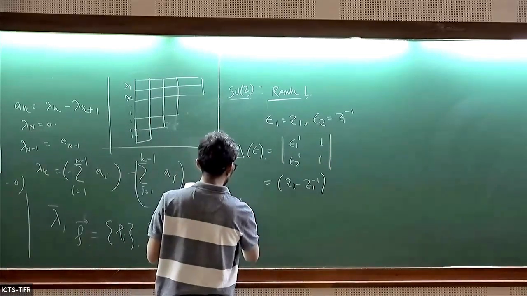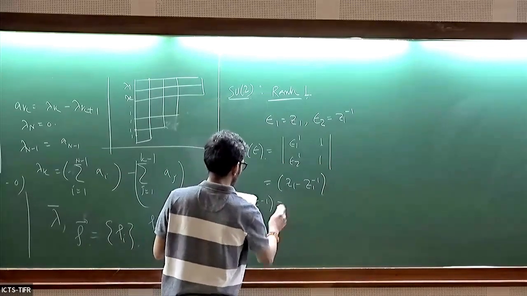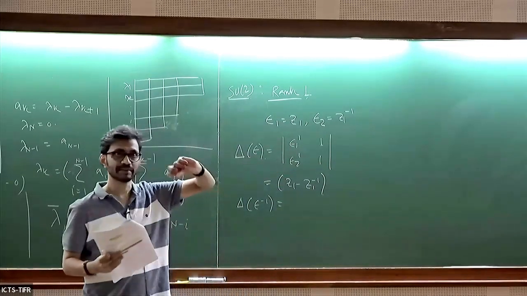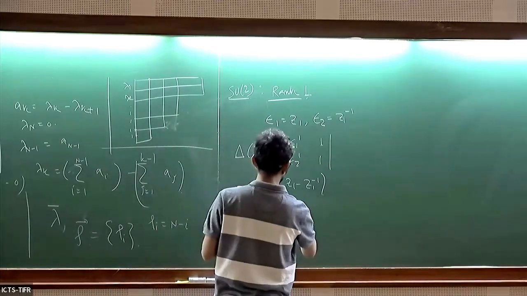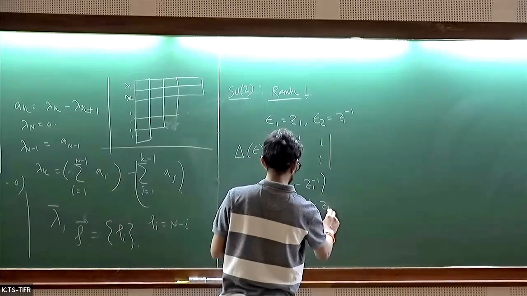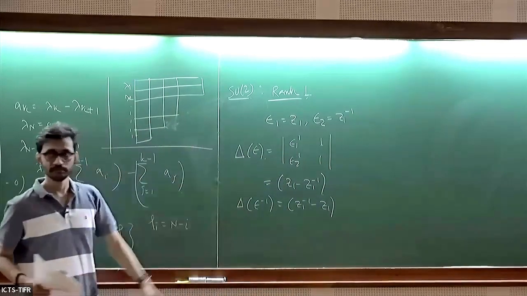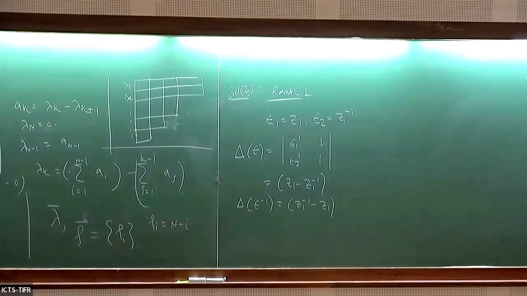And what is my delta epsilon inverse? You replace epsilon by the epsilon inverse. Okay. So, what will be that quantity? Z1 inverse minus Z1. Okay. So, these are two things which basically represent independent. I first calculate. Okay. So, now